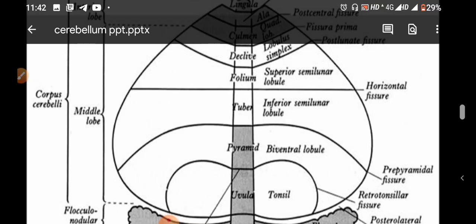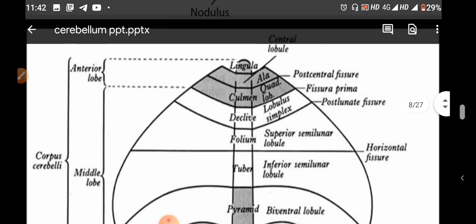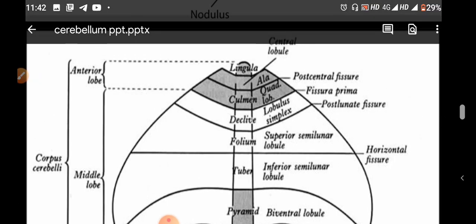Parts of vermis you can see here. So in the center, vermis has different parts, and this vermis is so named because it resembles a worm which is bent on itself to form a complete circle. The superior and the inferior surface of the vermis are termed superior vermis and inferior vermis. So from above you can start to give a name for the different parts of vermis.